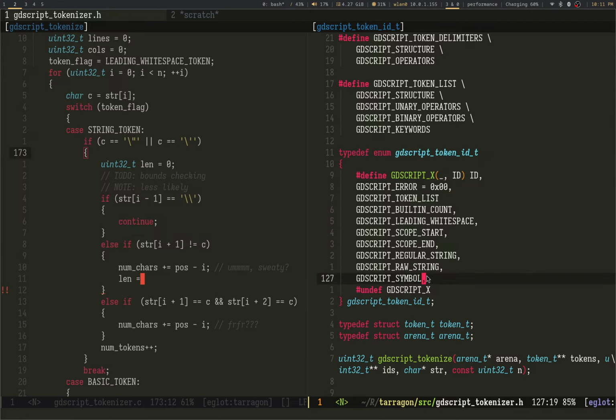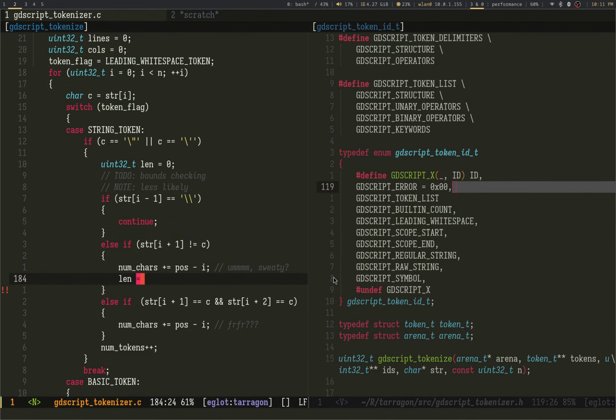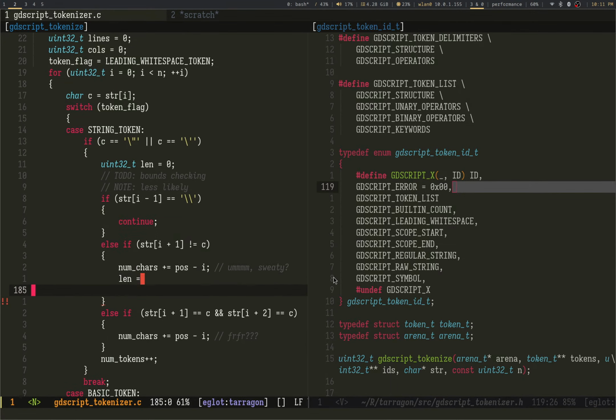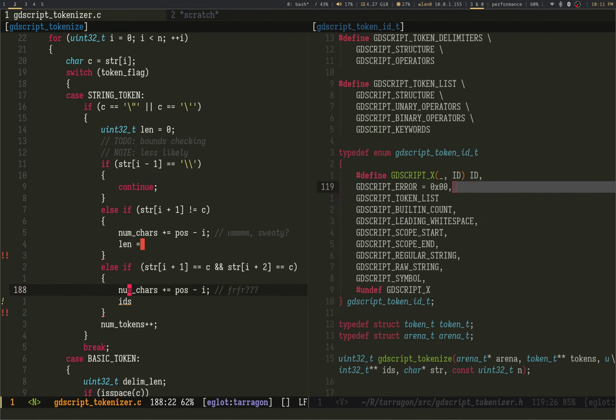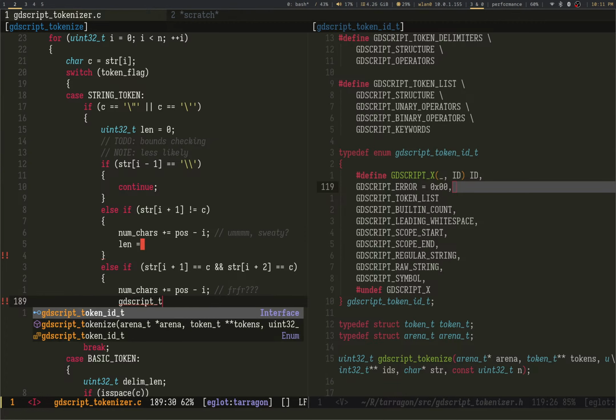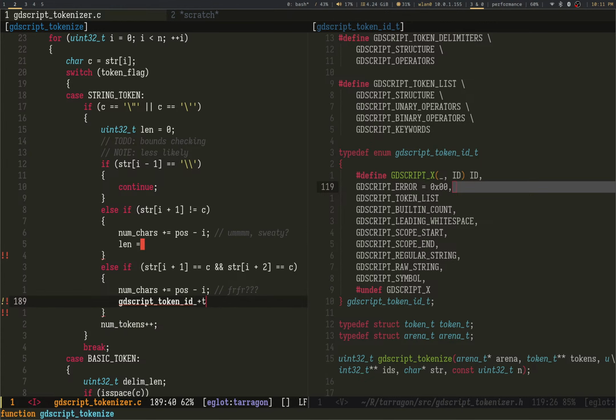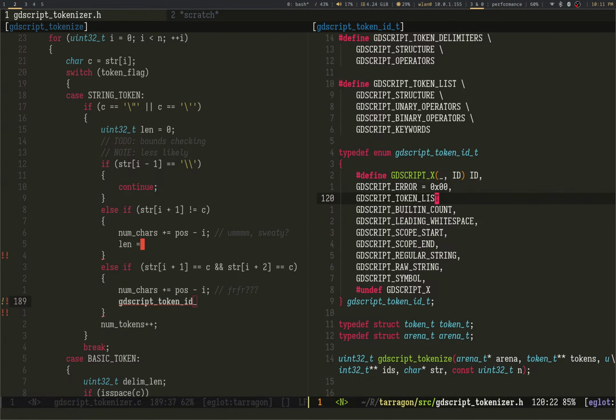That's fine. It doesn't have to be temporary. Actually, I can just allocate IDs. Let's see. What do we call this? GDScript token ID? Disgusting. Oh my god, I hate this.